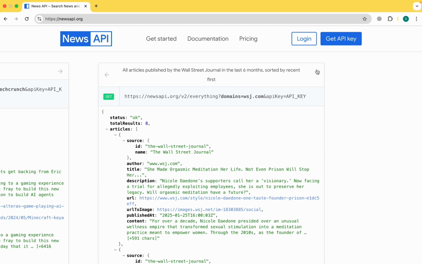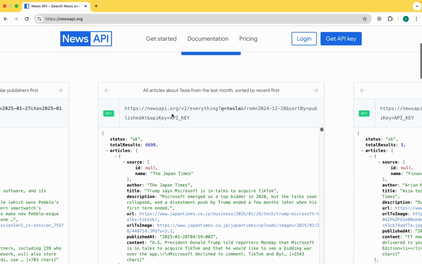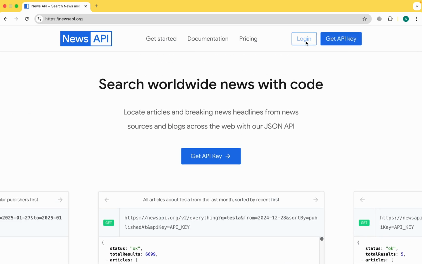Yeah, so this is how you can use the different APIs that the News API has, and get news. You can simply log in first to get the API key, because as you can see, we also need to pass an API key over here. Let me show you first what all APIs we are going to use to get our news